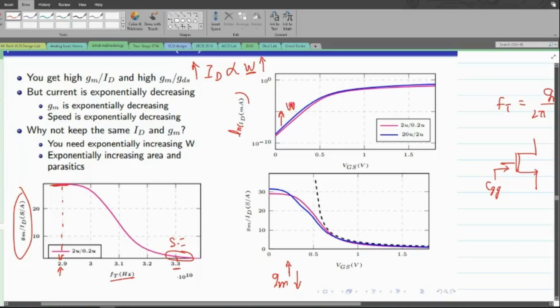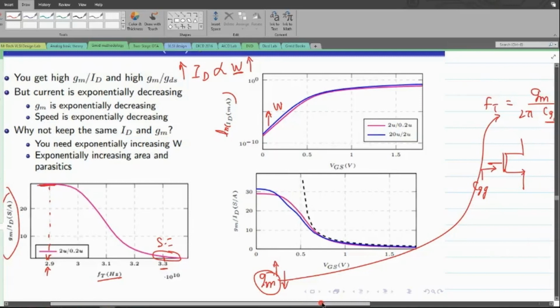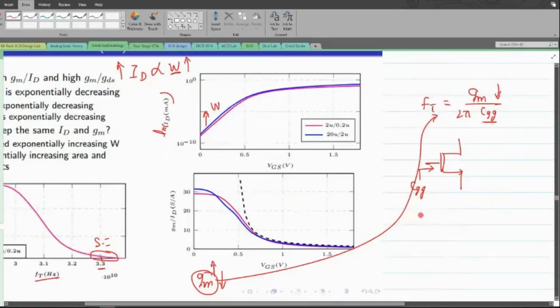What happens is that you have to have a very large width in order to achieve a particular value of current in the weaker inversion, in order to achieve a particular value of GM, in order to get the corresponding speed out of the circuit. There is also one more thing that happens here: this CGG, which I have written down, is also proportional to the width. So it again depends on the value of the width. When you try to increase the current just by increasing the width, the value of CGG is also getting increased.